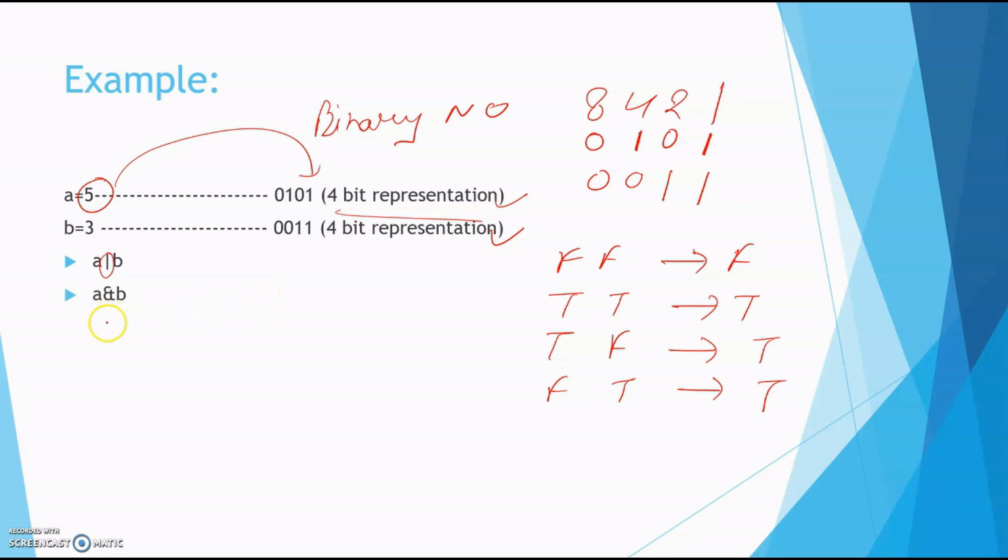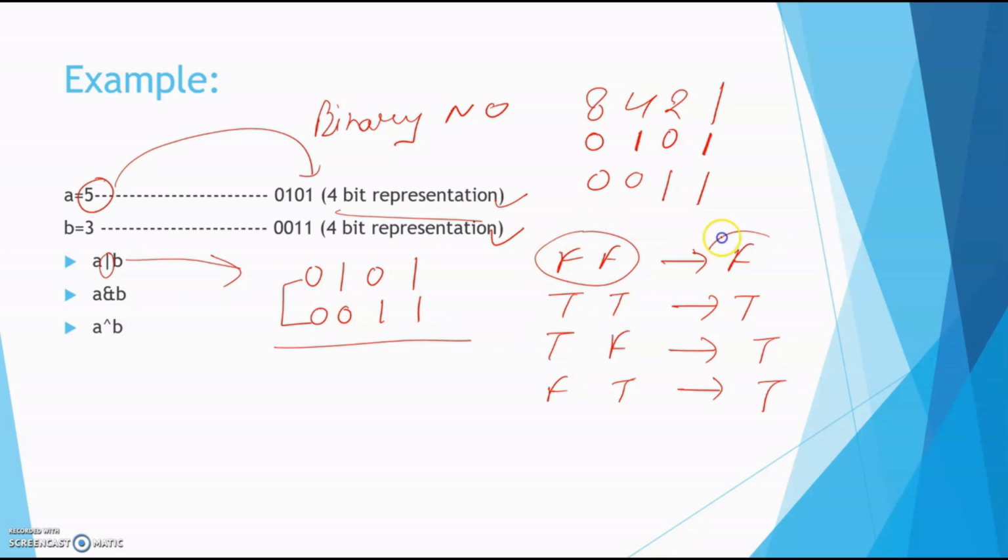The second one is the bitwise AND operator. That is your bitwise XOR operator. Okay, so if we talk about this value, I'm going to add this value, 0 1 0 1 and 0 0 1 1. In the case of this bitwise OR, both the bits are false. It means it gives false. False means 0. That is 1. That is 1. That is 1. So the resultant will be 0.